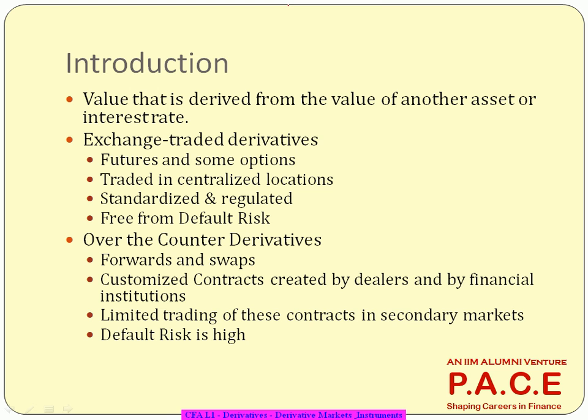Right? Because let's say we both are getting into an agreement that after 1 month, I will buy some article from you at 100 rupees a piece. That's a derivative agreement. Now, on that day, after 1 month, the price could be 105 or even 95. If it is 105, as a buyer, I have the benefit because I am buying it from you at 100. If it is 95, as a seller, you have the benefit because you are selling it to me at 100, though the market price is 95. This is the funda behind the derivatives market.